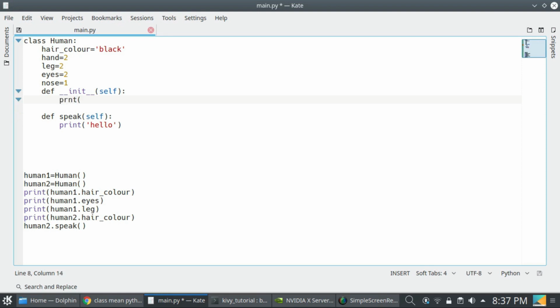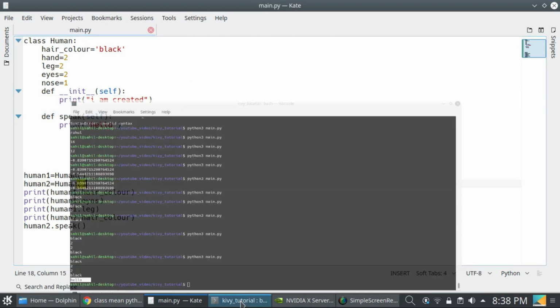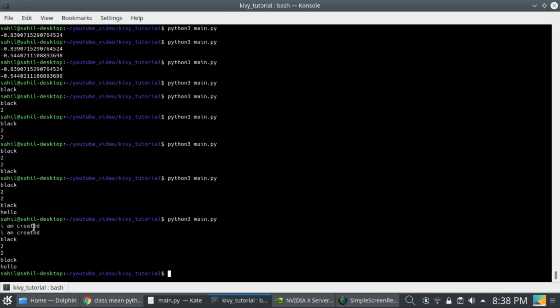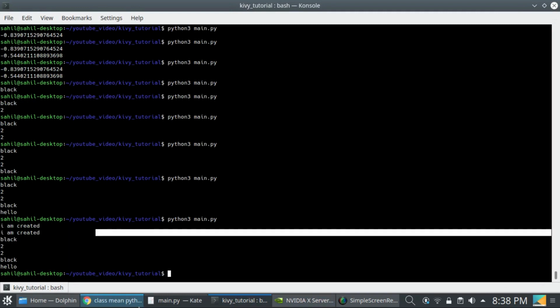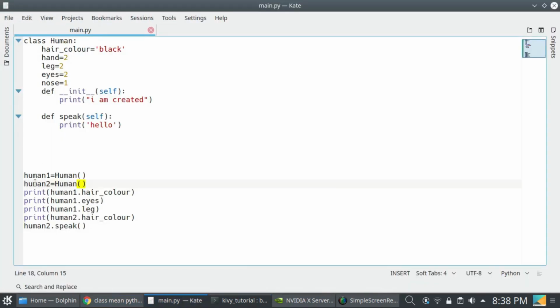Print I am created. Here print is called 2 times, as I have defined 2 objects, human1 and human2. So if we comment all these, you can comment any line by applying the hash keyword.